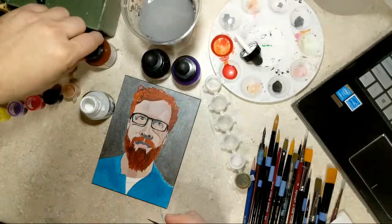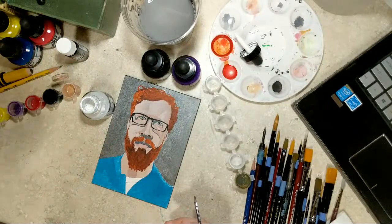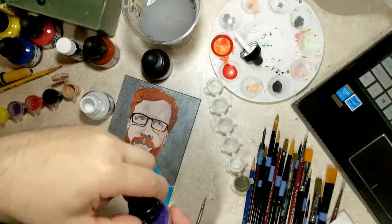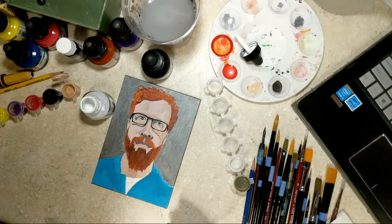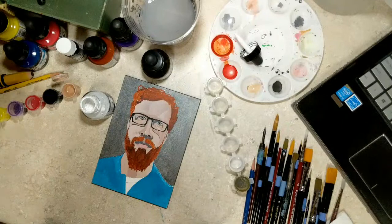Right, hold on a second. I've got a special red here somewhere. I think this is it. That might not be what I want to use. That's not what I want to use. I'm going to try not violet, not turquoise, but blue. So anyway, I was